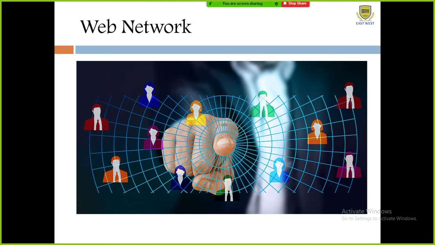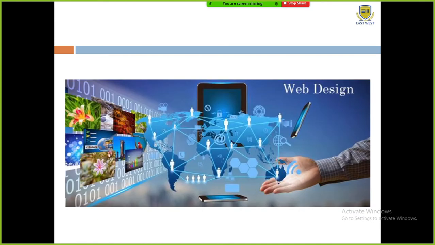So how these types of connections can be imagined, or how this type of connectivity can be designed, that is what we will study in this subject. Basically, these connections we can observe either in the form of wireless or wired.